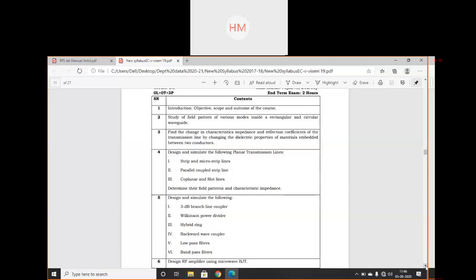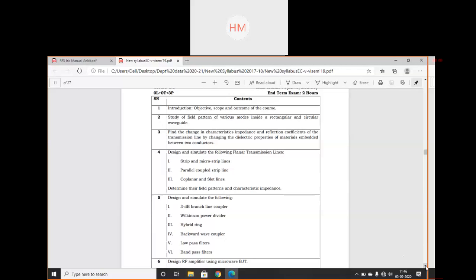To transmit data at radio frequency, we need some specialized devices. So here we are using a 3 dB branch line coupler.